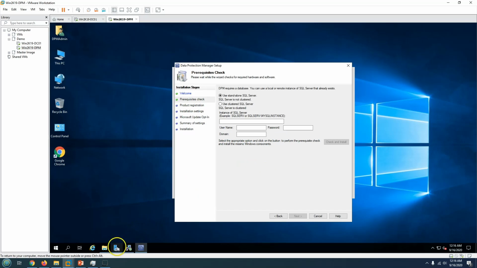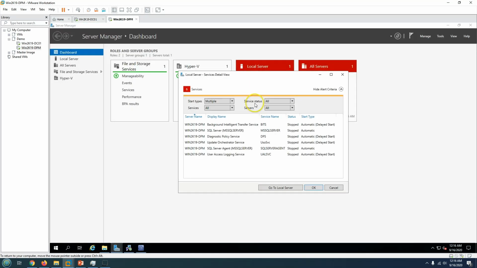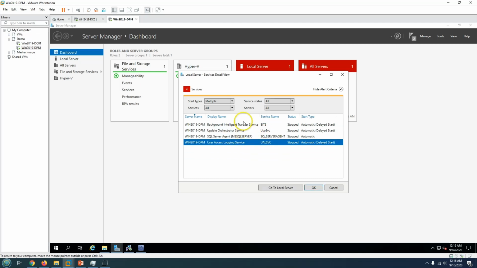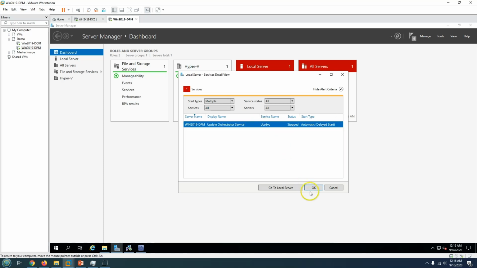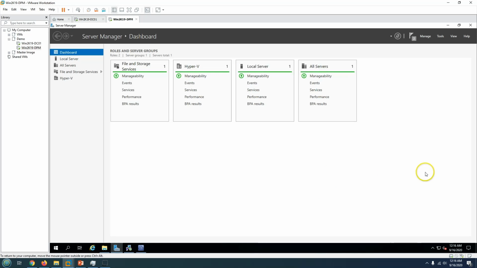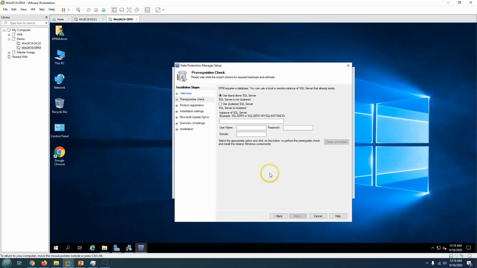Okay, we got error because the services are yet to be started. So I'm going to restart, start these services manually, and then we'll try to run the setup again. Now everything is good. Our dashboard is green, and now we can go ahead and check one more time, since the SQL Server service was not running that time. So yes, check now,